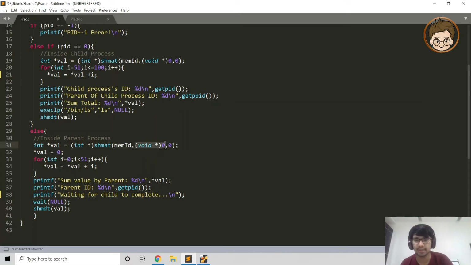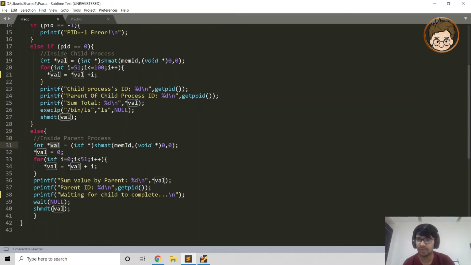The second argument is the shared memory address. The second argument, that is the shared memory address, specifies a specific address to use. That means it specifies what address we have to use. But if you put 0 here, then it will let the operating system automatically choose whatever feels necessary. And this is a recommended action because it can avoid deadlocks if you use other addresses here. And then we can pass extra arguments and flags here, but we will keep it to the default, that is 0.